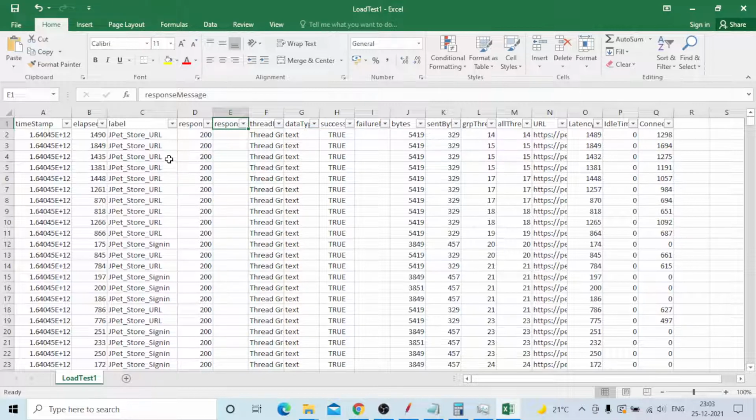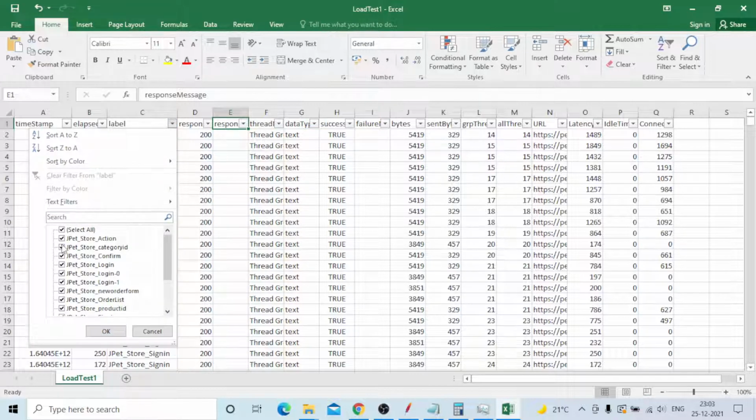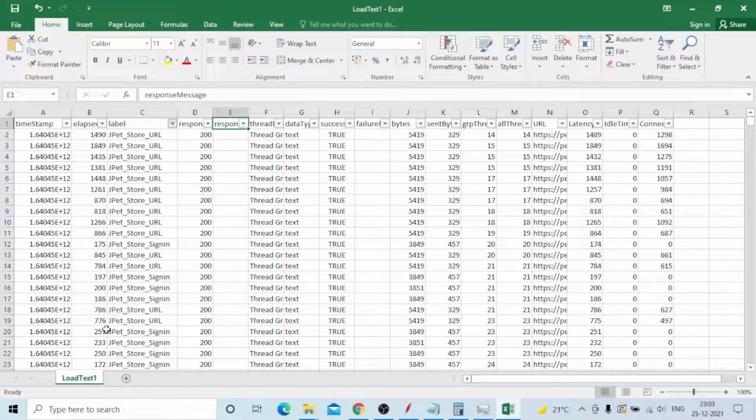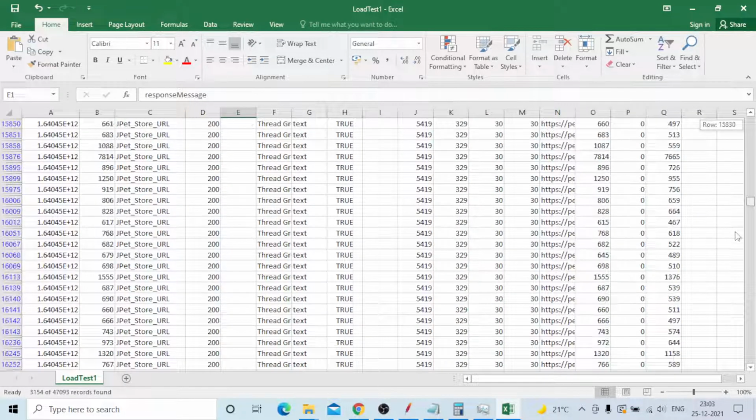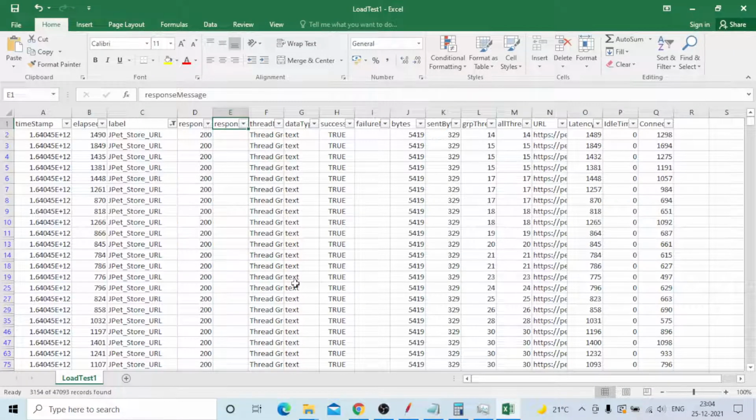Now I need only the URL transactions. You can see there are so many transactions. This is the way you can easily filter. I will unselect all, then select JPEG store URL, that's all. You can see now only the JPEG store URL entries are available.